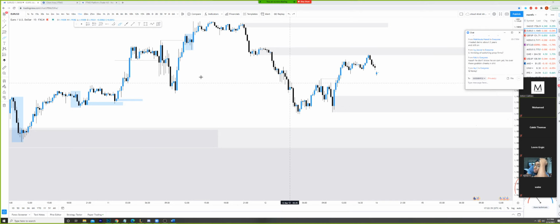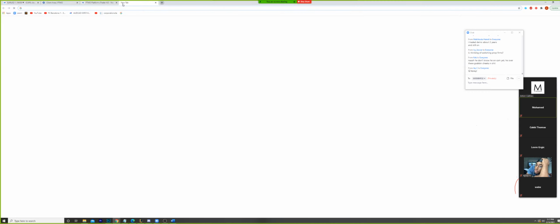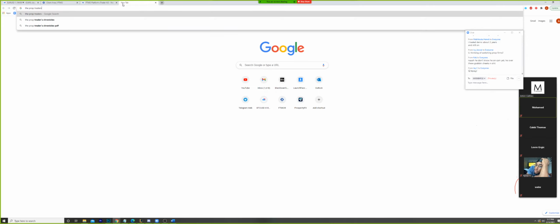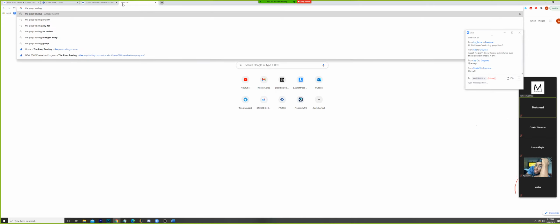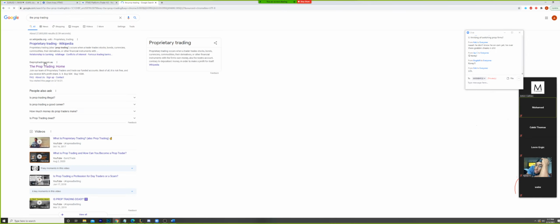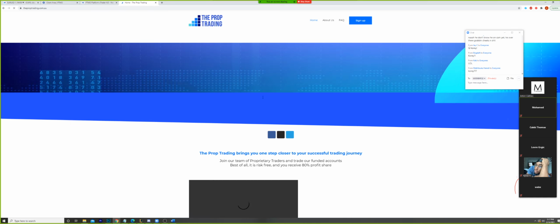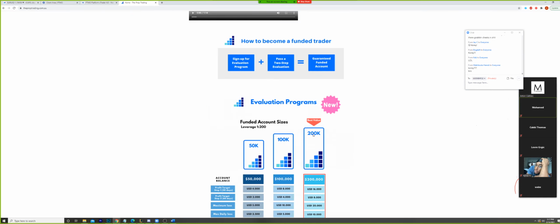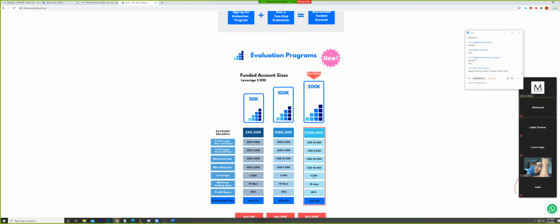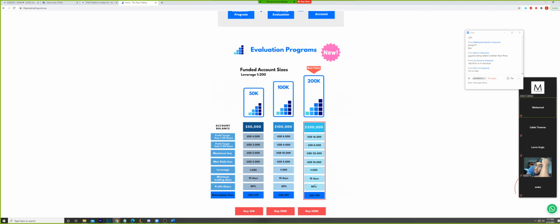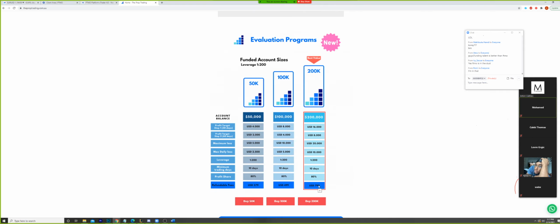You thinking of switching prop firms? Maybe. This one right here is just amazing, guys. Holy shit, the prop trading. This is just absolutely nutty. Look at this, I'm going to show you guys: 200K account at 1 to 200. That's double FTMO. 200K, 1 to 200 is $800. On top of that, it's less for the profit target. It's about 8%. Less for the second profit target. So same thing as FTMO almost.